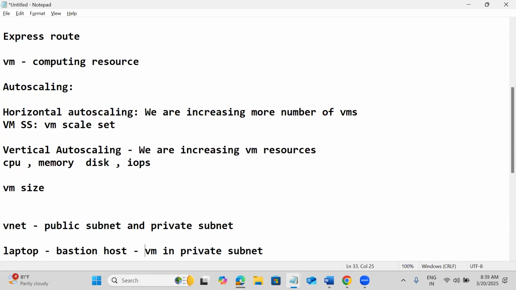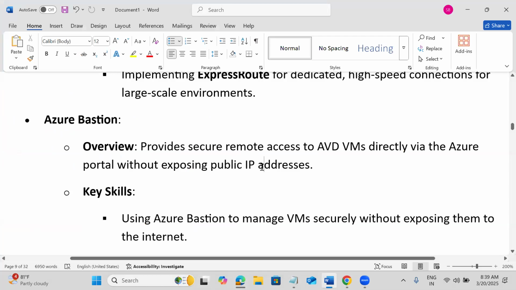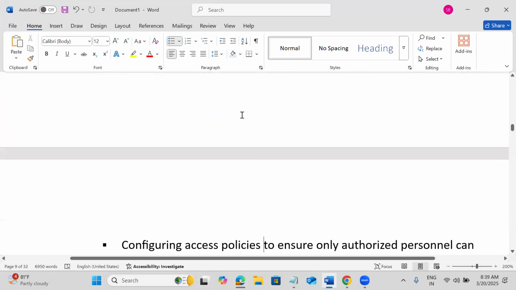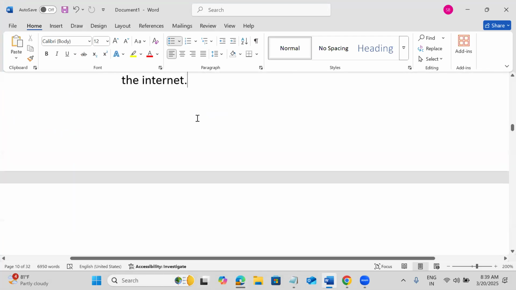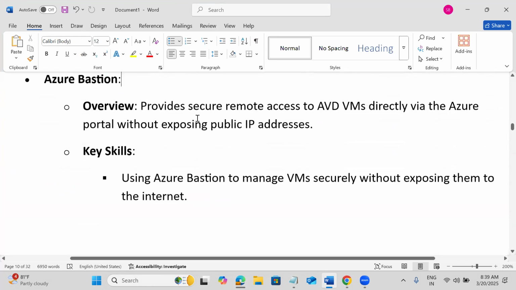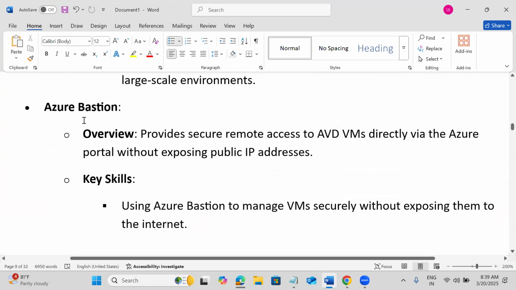Where does that Bastion host reside? In the public subnet. That is the purpose we are using the Bastion host for, so we are not exposing the public IP. Even in AVD, some people require a Bastion host kind of thing also.